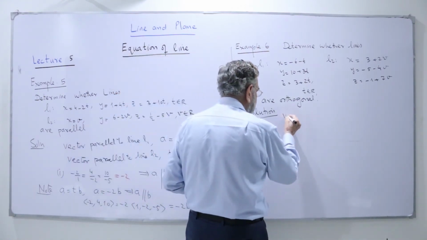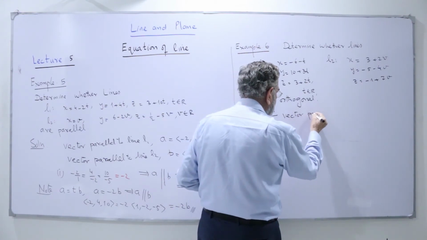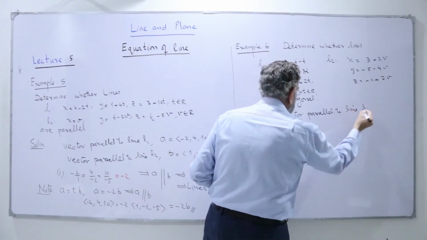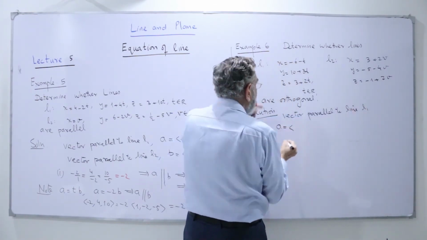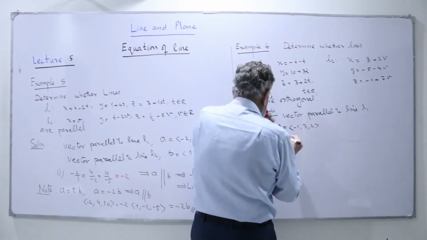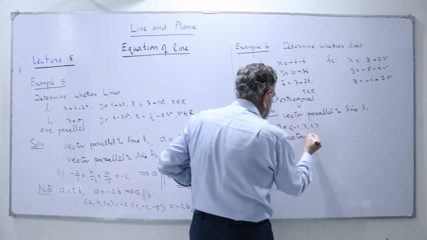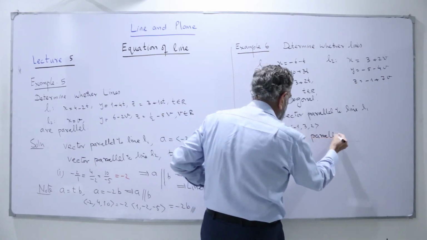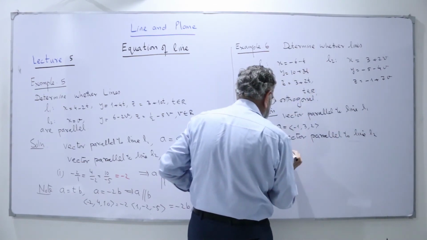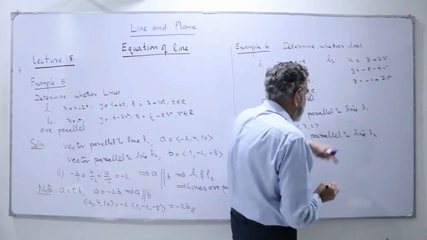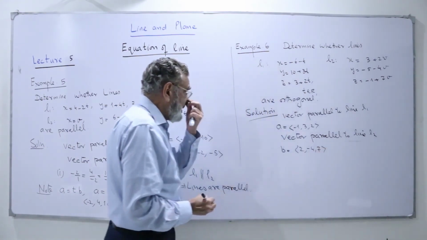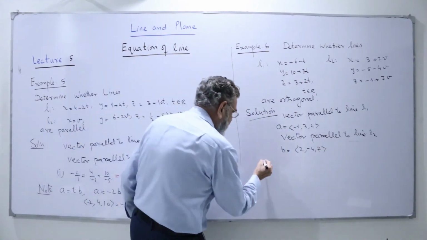The vector parallel to line L1 is my vector A. The coefficients of the vector are -1, 3, and 2. Then we take the vector parallel to line L2, which is B. Its components are 2, -4, and 7. So these two vectors A and B are orthogonal